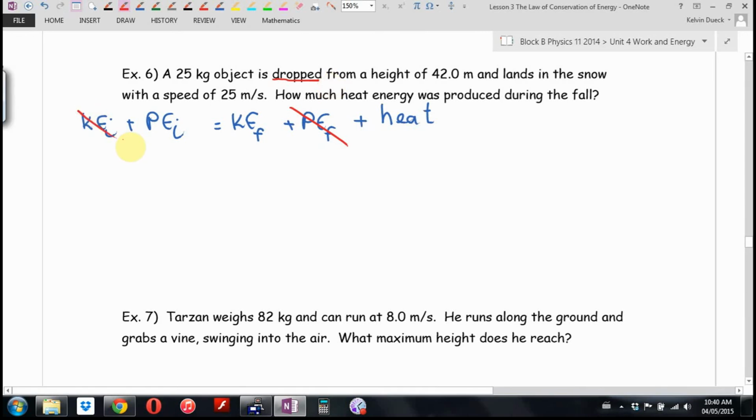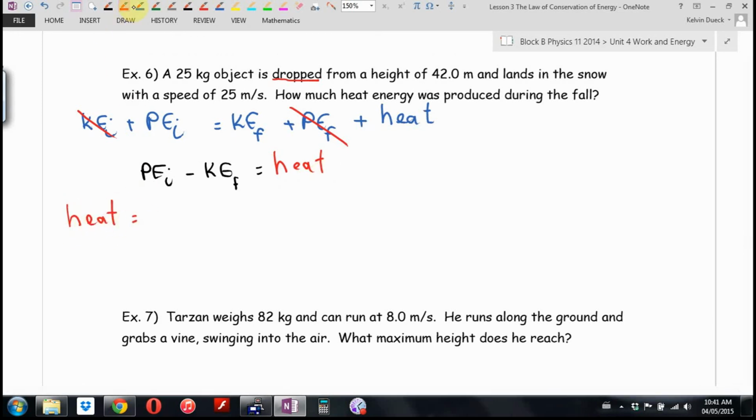What did you say they're asking me to find? How would I get the heat by itself? Subtract what? So I want this to stay. Subtract that over. And I'll get this: PE initial minus KE final equals heat. In fact, I'll get heat